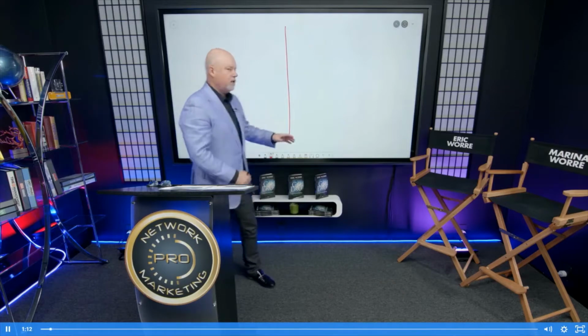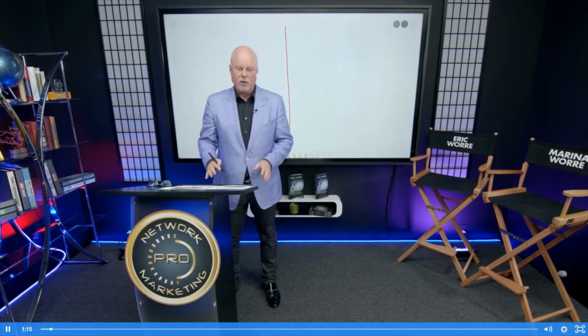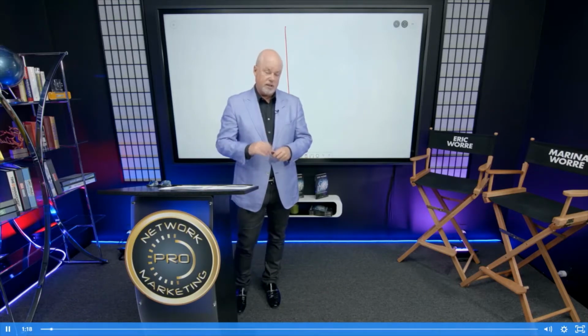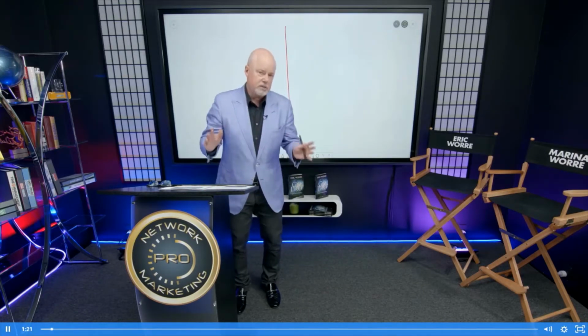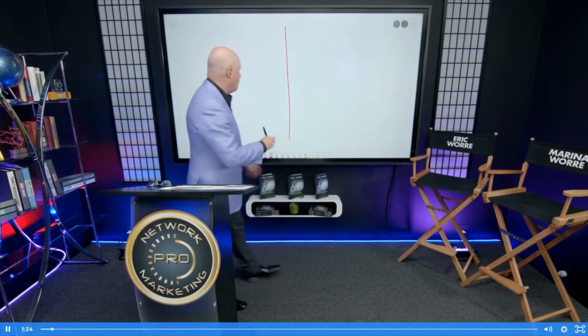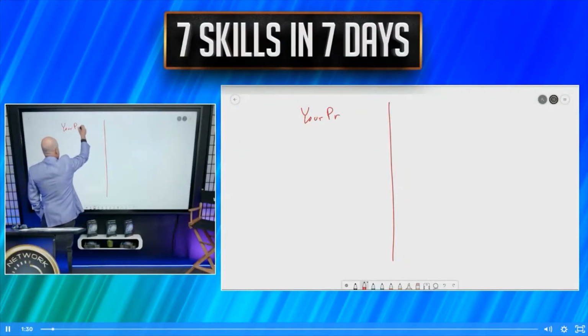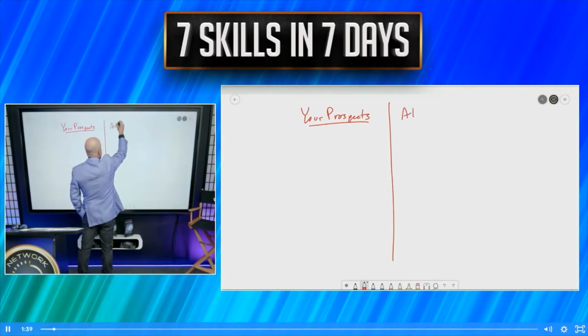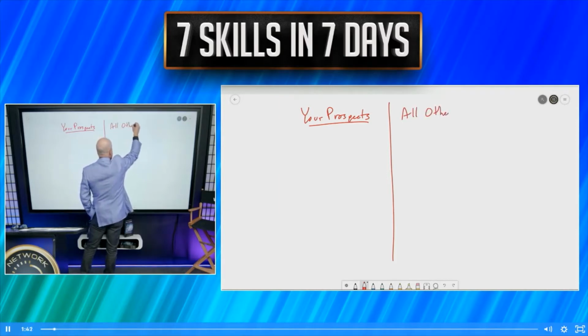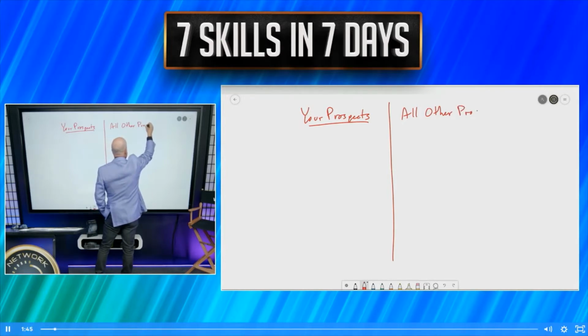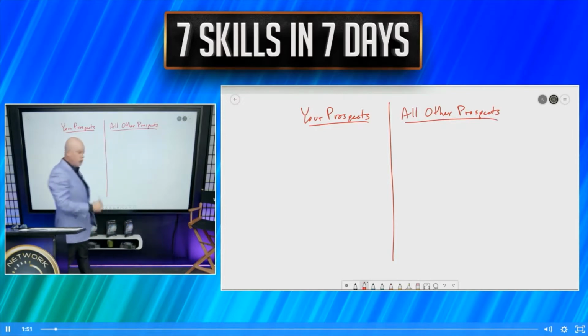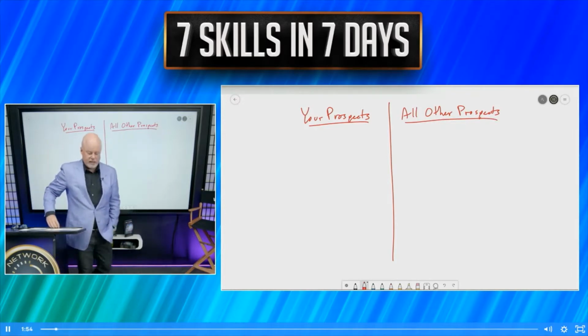All right. There are 2 different categories when it comes to presenting that you need to understand the differentiation between, and the importance of each. One category is with your prospects. And the other category is all other prospects. Two distinct categories. It's really important that you understand this because, look,